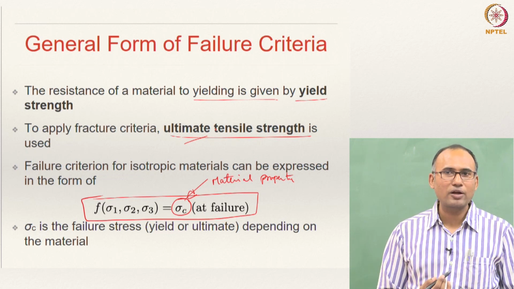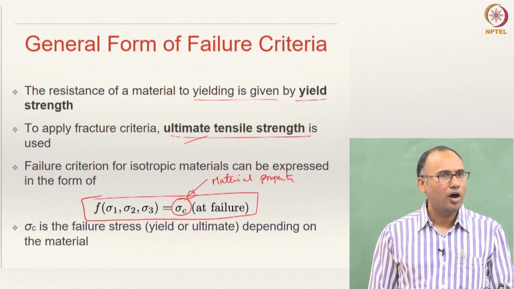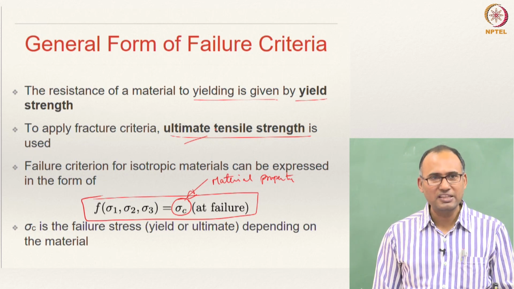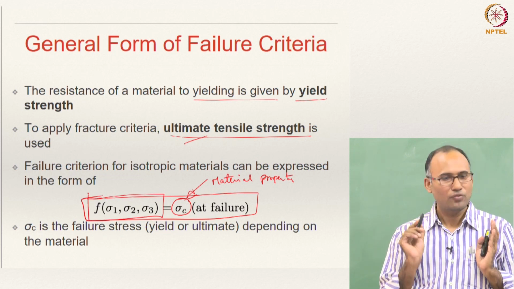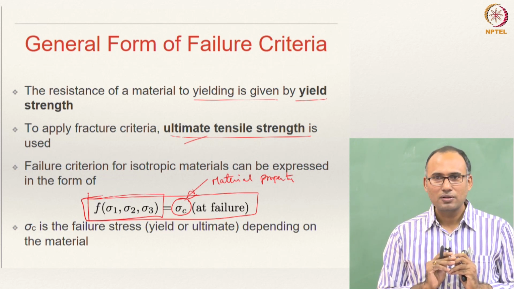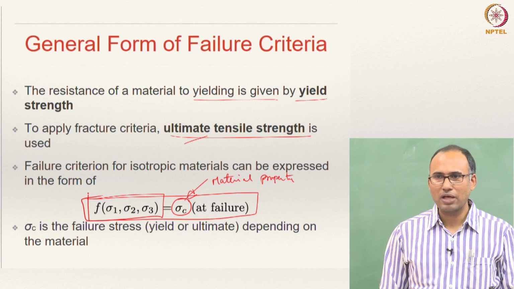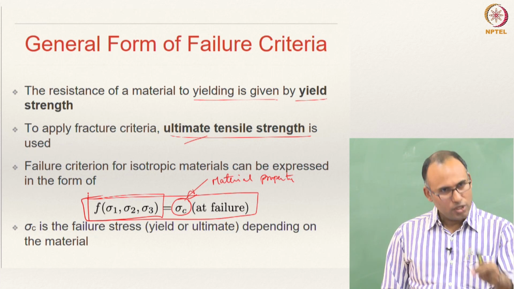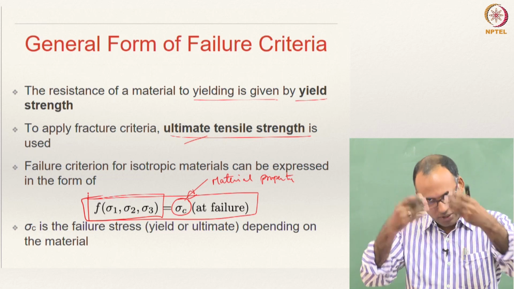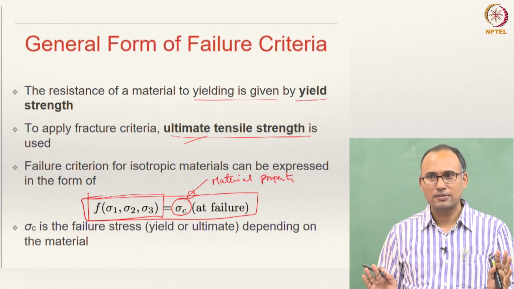Is something that will depend on which theory you want to. So, when we are talking about different failure theories, all these different failure theories in the end are different functional forms for this guy on the left hand side. If you have one functional form, you can call it maximum normal stress theory. If you have another functional form, you call it Tresca theory. If you have another functional form, von Mises theory. If you come up with your own functional form, your theory. Right? That's all. It is as simple as that.